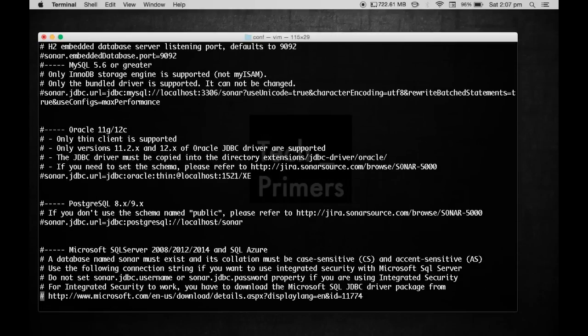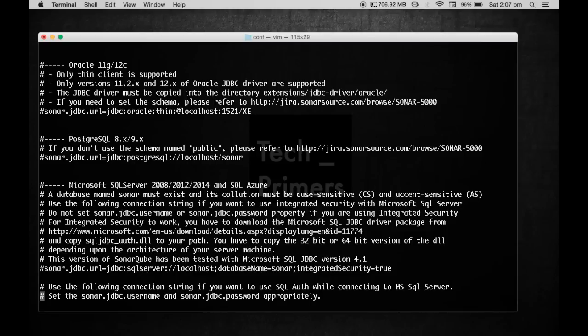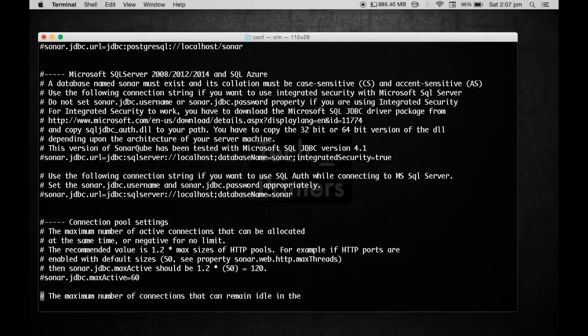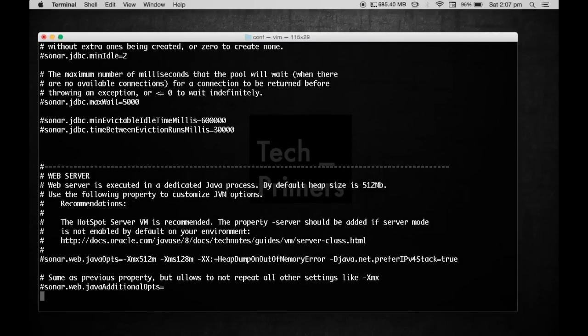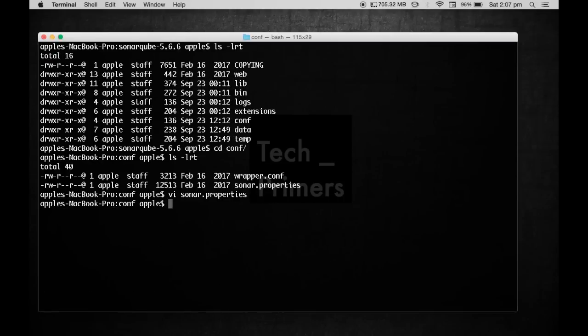You can notice that you can use JDBC, you can use the MySQL database, or any other SQL server and so on. And you can configure the port number here as well. By default, SonarQube runs on port 9000. Okay, so I'm going to bring up SonarQube